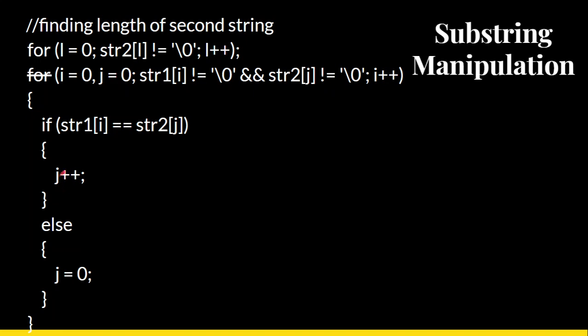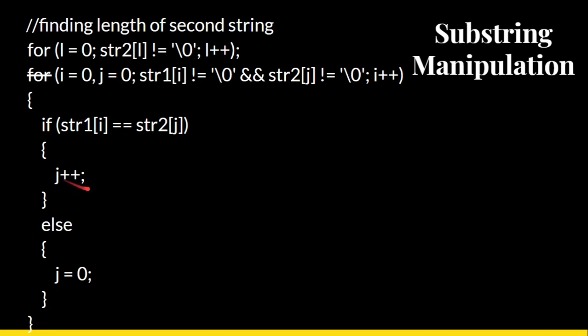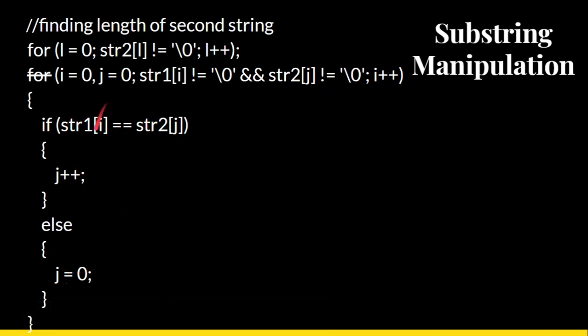Okay, so j is equal to j plus 1. So this j repeats and repeats until the end of the string is reached. That means if the subword you are going to find is over, then the for loop will be exited. Okay, so else what will it do? J is equal to 0. That means the loop is not repeated. Okay, so this will make for a check. This is for equality, this is for not equality.